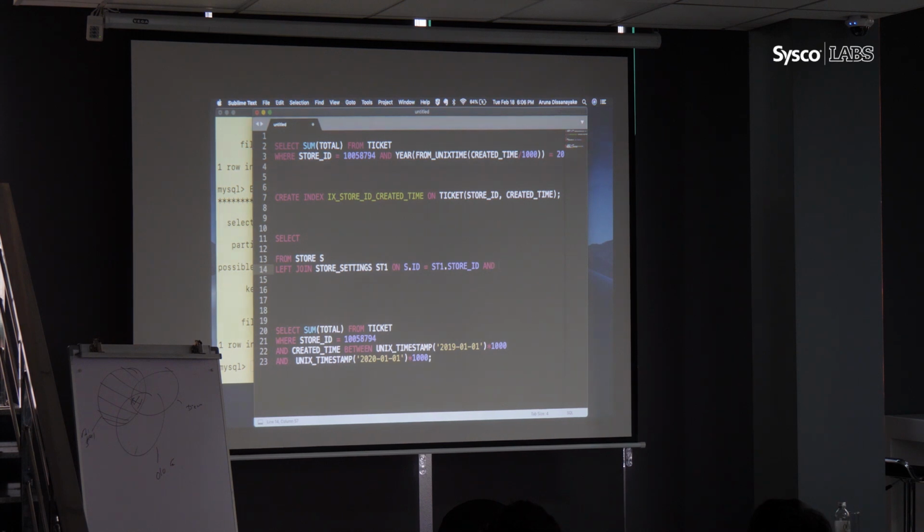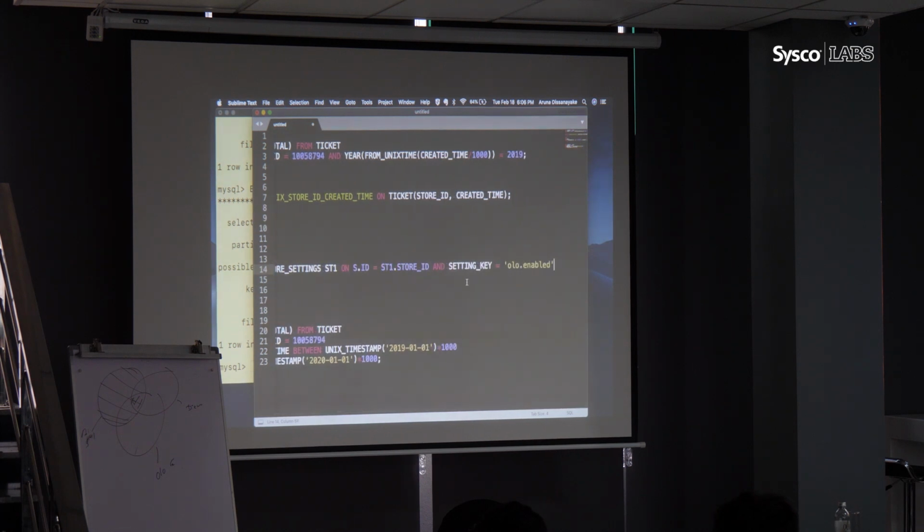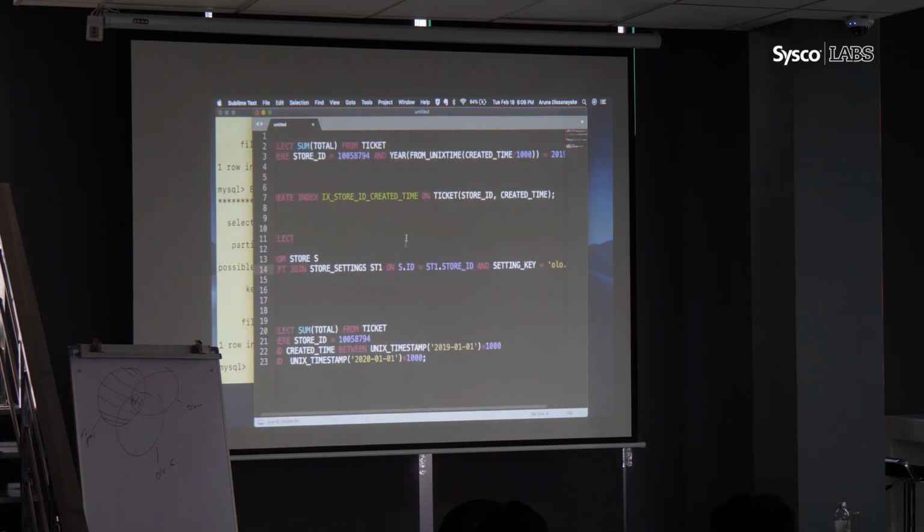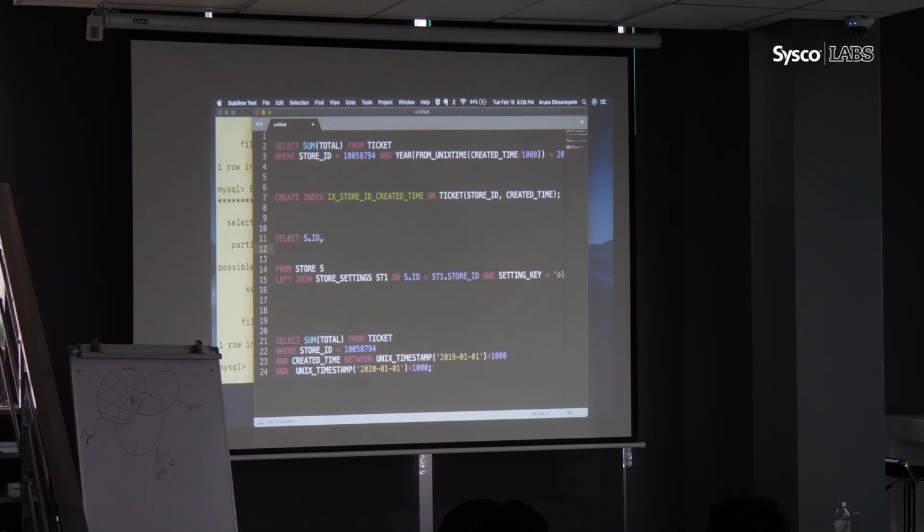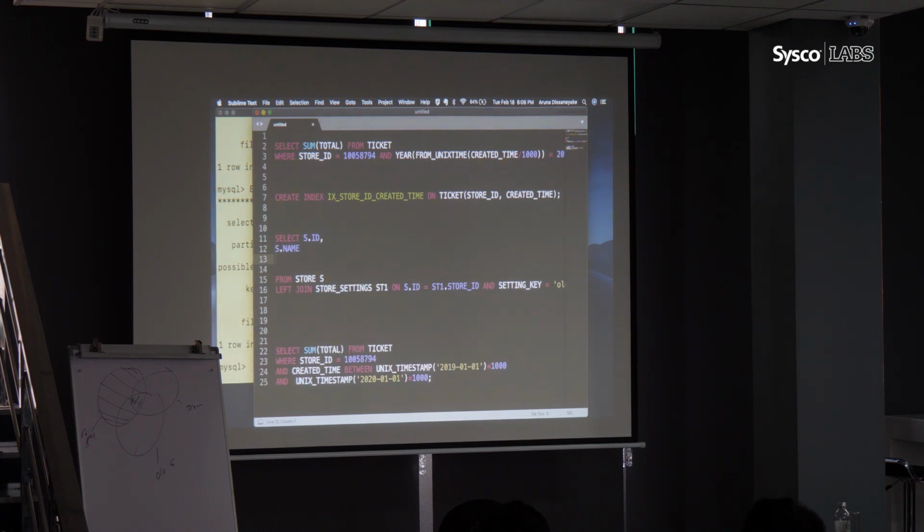What I need for this data set is the online ordering enabled operator, so I can have another field where the setting key is online ordering and the value is enable. So what I need is s.id, then s.name, then